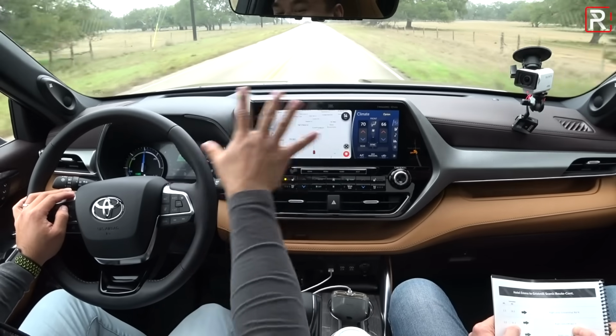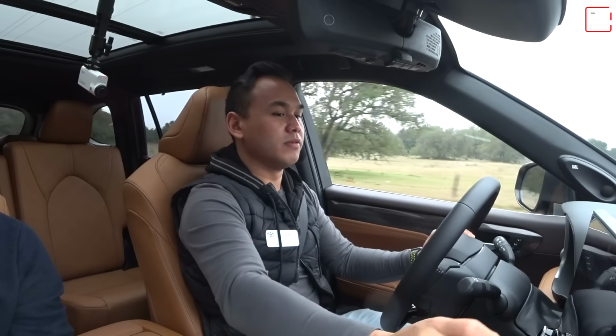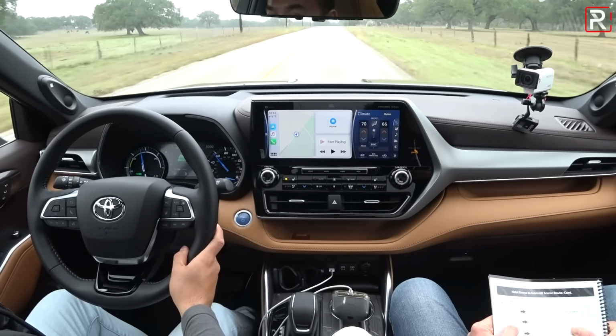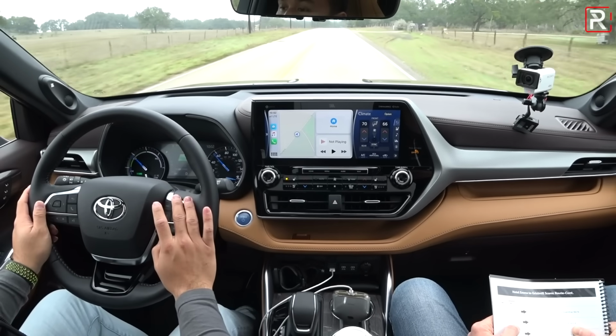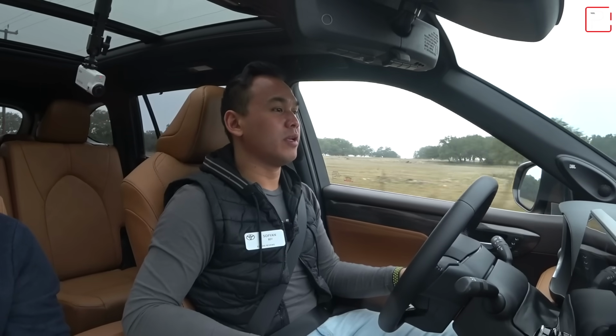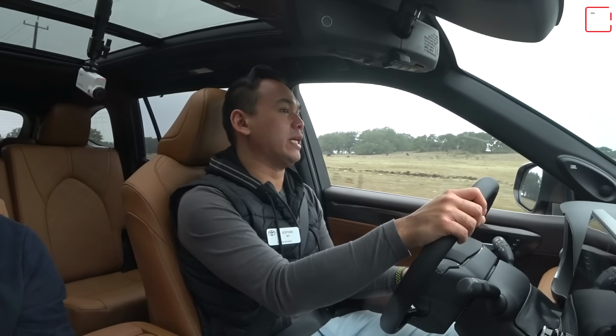I really want Toyota to make it so it takes the whole screen. But this level of technology that they've put in the Highlander is definitely where the old one had the weakest link. This screen here with this screen over here, the heads-up display, the comfortable seats, the quiet, serene cabin. This is a car that is going to make it to a lot of people's short list, but